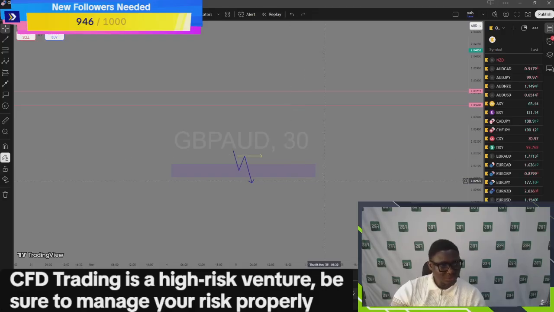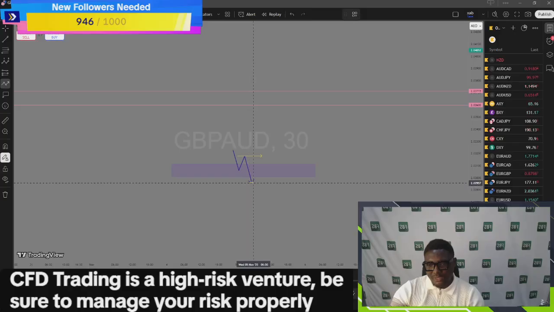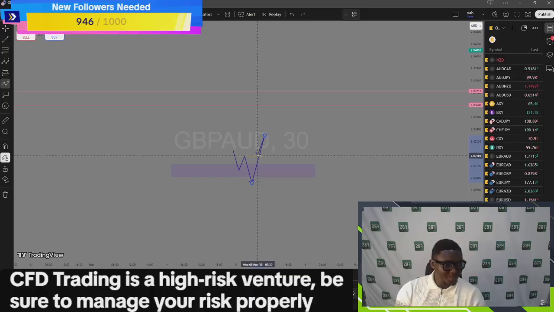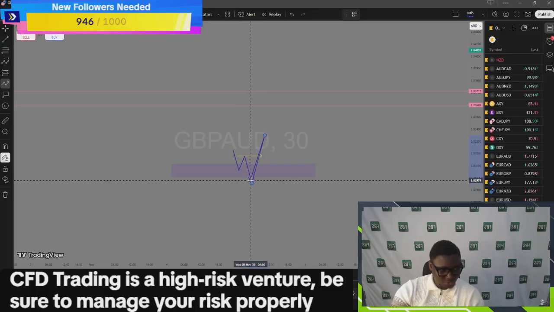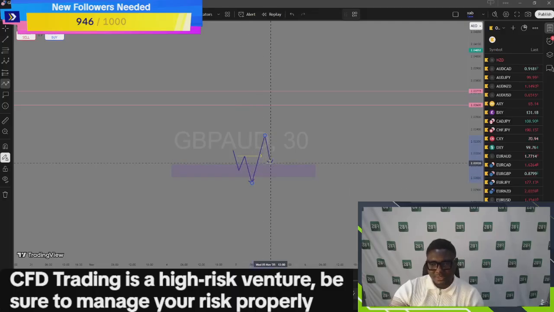Do we understand now? What will determine whether I am going to start looking for buys is whether price breaks above this level. Once I see that price has broken above this key level, I don't necessarily need to wait for pin bars or candlestick patterns, which some people use for their entries. This is a lot easier and a lot more accurate. Once price has broken that key level to the upside, after sweeping liquidity from your order block or your demand zone, all you have to do is wait for a retest.